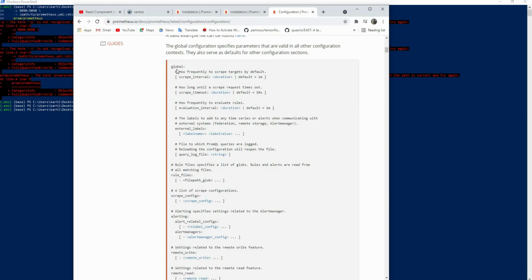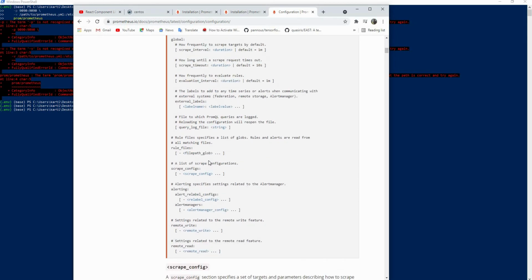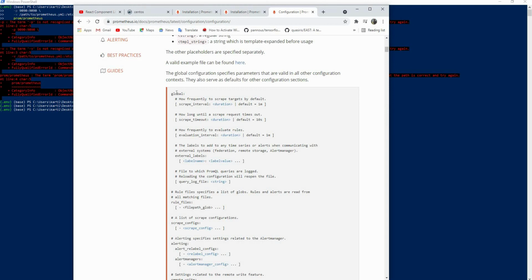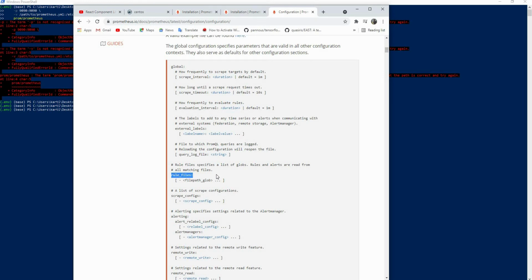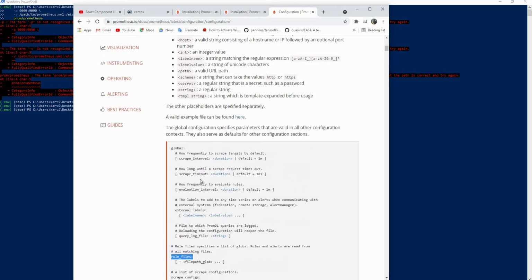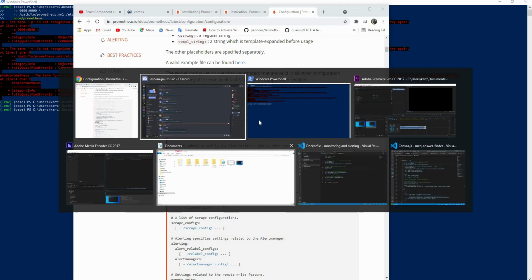These are basically the contents that we'll need to add into our prometheus.yml file. The global settings that we will require. The scrape configs will have the list of ports or exporters that Prometheus will scrape, or pull metrics from. Alerting is all the alerting that is required, so we'll add an alert manager port number here, as well as the rule files. What rules do we require? Exactly on which rule should the alert get triggered? These are some things that we'll require. So let's write a prometheus.yml file.